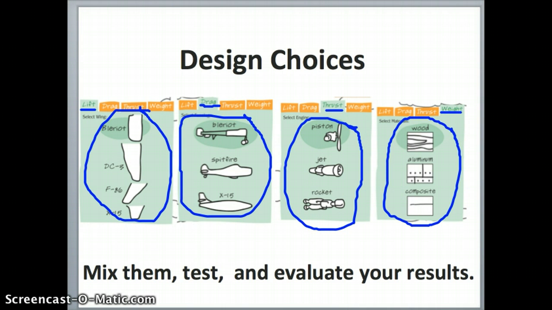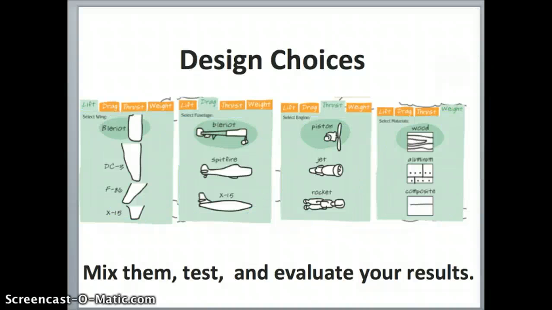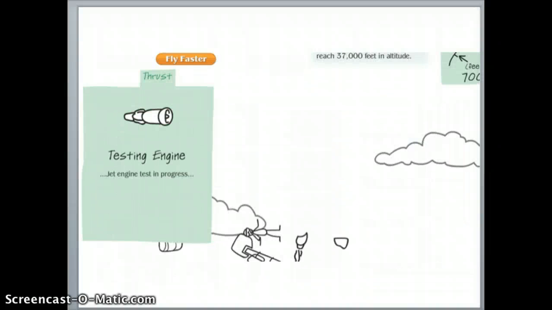As you trade off some of the different design elements, you'll see by looking at the altimeter whether or not that was an effective change, or did you get better results from something else. Always refer to your data chart and make sure you keep your data chart up to date as you're testing in your team. Otherwise, it'll be very hard for you to make the informed decisions you need to make as an engineer would. For example, this is a jet engine,